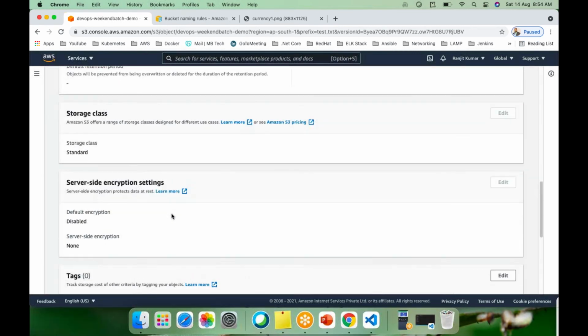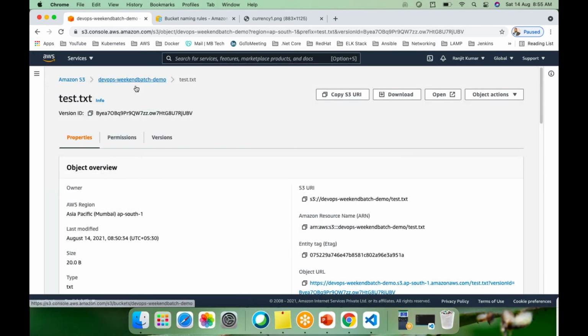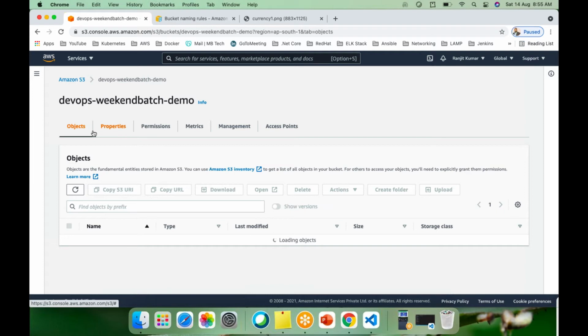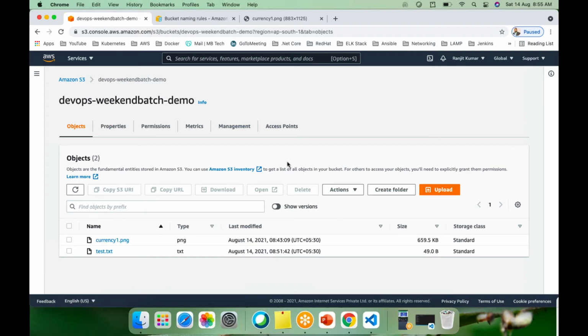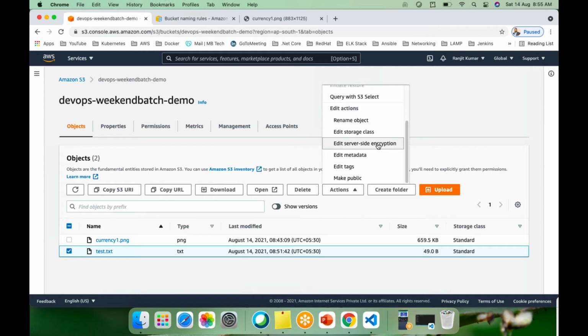These are the tags. If you want to access the previous version, just click on this and get this URL. Copy this URL and you can see that it has the version ID and the entity tag. The entity tag is different and the version ID is different. This is the version ID. By using this version ID, if I go here and put it here, you will find the old file. See, it has only one line, but our current file has two lines. This is how versioning works.